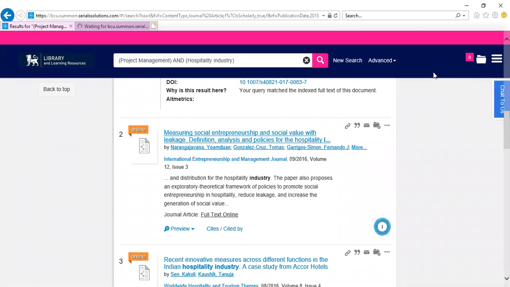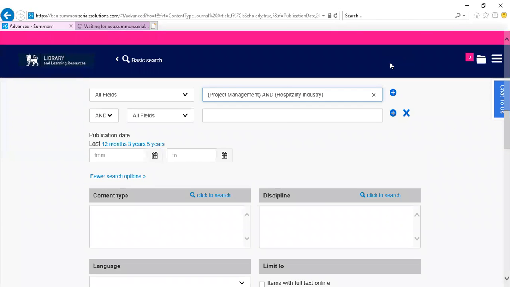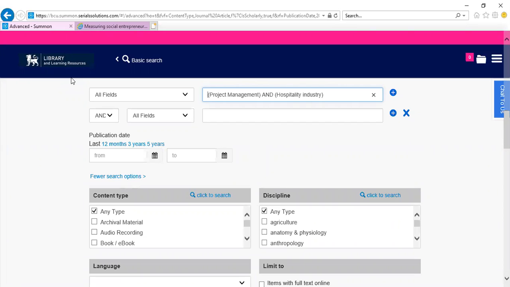All right. While this is loading, I would like to show you how you could go into advanced research. So if you feel that you want to move directly into advanced research because it is relevant to your area, please remember that if you're looking, for example, at your dissertation, you would look at two variables, which would be project management and maybe operational efficiency, for an example. And you might want to look at the hospitality industry. It is very unlikely, if you're lucky, you might find it, but it is very unlikely that you'll find an article with all three areas in it.